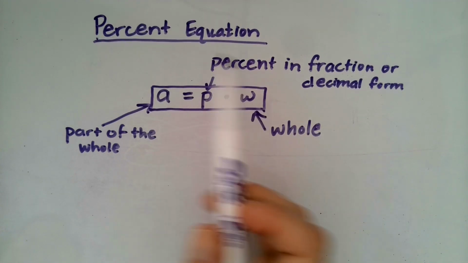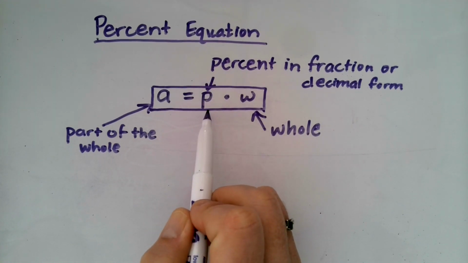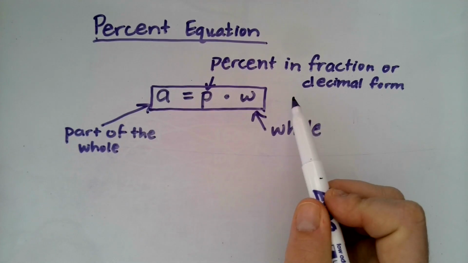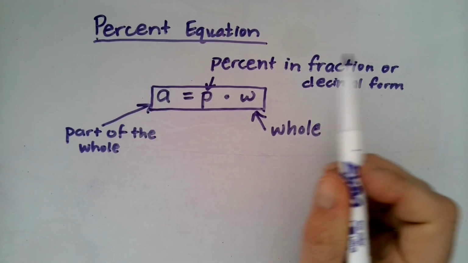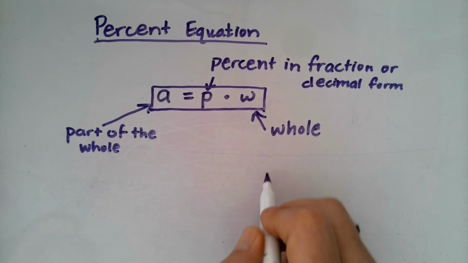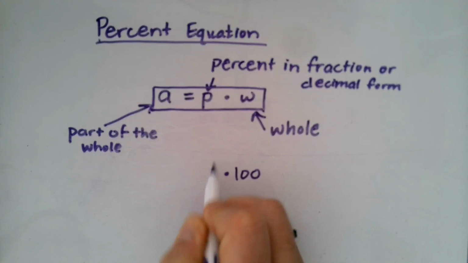So let's talk about this equation. The main thing that you have to know is this percent. If you know the percent, it can be in fraction or decimal form. You're just going to take that and multiply it times the whole. So if something cost $100 and you were going to pay